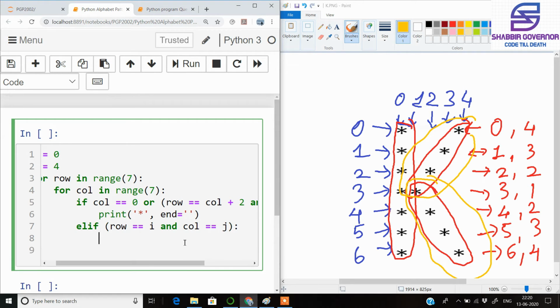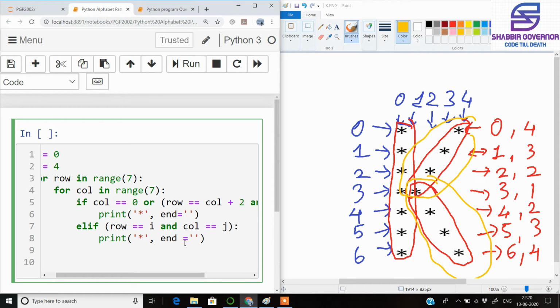So now we need to iterate this throughout the for loop. First of all, at these locations we need stars, and we end it normally. After printing the stars after every line, as you can see here, this line proceeds from the first line to the second line. When we go to the second line, you can see that the row number is increasing and the column number is decreasing.